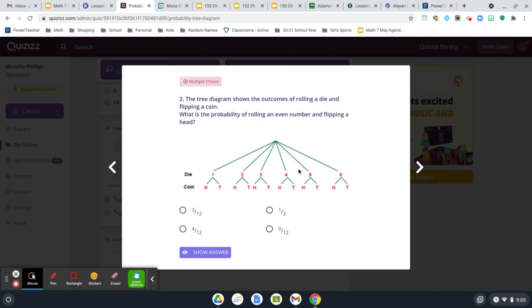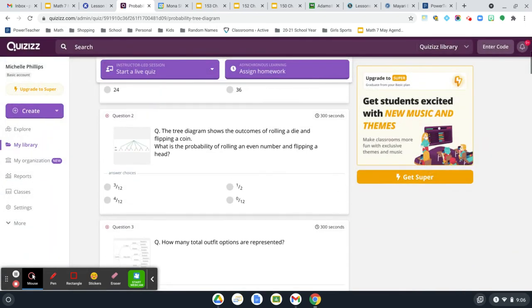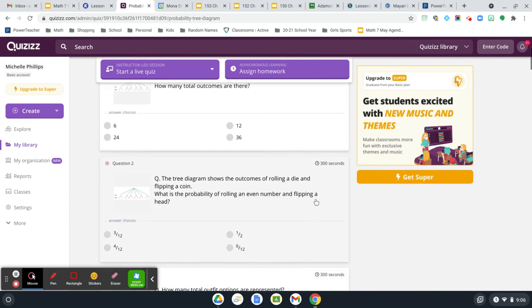So that's 1, 2, 3 possibilities out of, we just a few minutes ago counted, 12 total outcomes. So 3 out of 12. Now here on these, some are reduced, some aren't. This one's not, so you would choose 3 out of 12, because otherwise if you reduced it, it should be 1/4. So if you don't see the reduced version, go ahead and just choose the fraction that you see, not simplified, and so on. So again, you're going to do this in Google Classroom for 7th grade math to finish